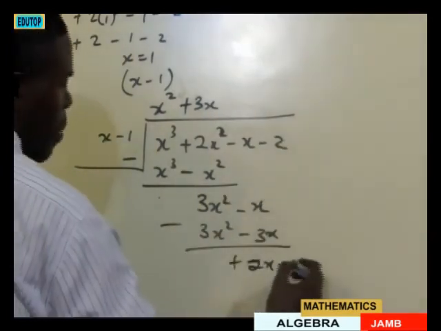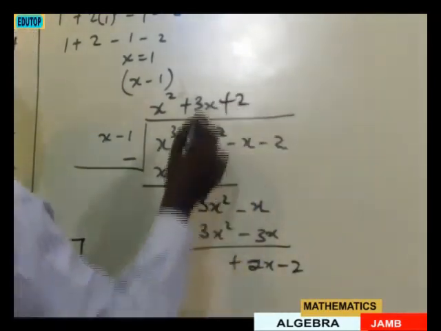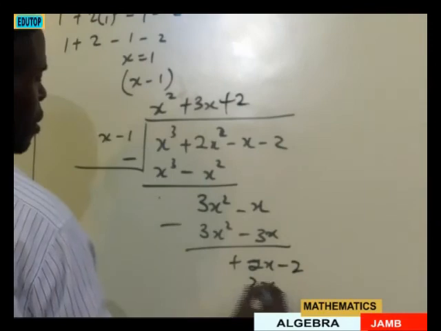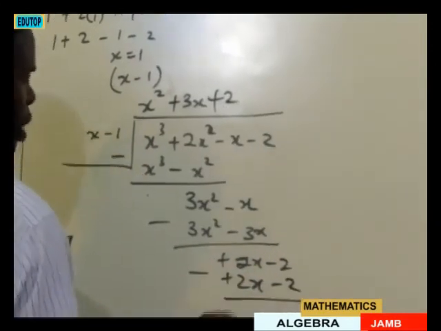Then I bring the last one down, minus 2. This divided by this, that becomes plus 2. This multiplied by this, I have 2x, plus 2x. This time this minus 2. Then I also introduce minus again. This one becomes